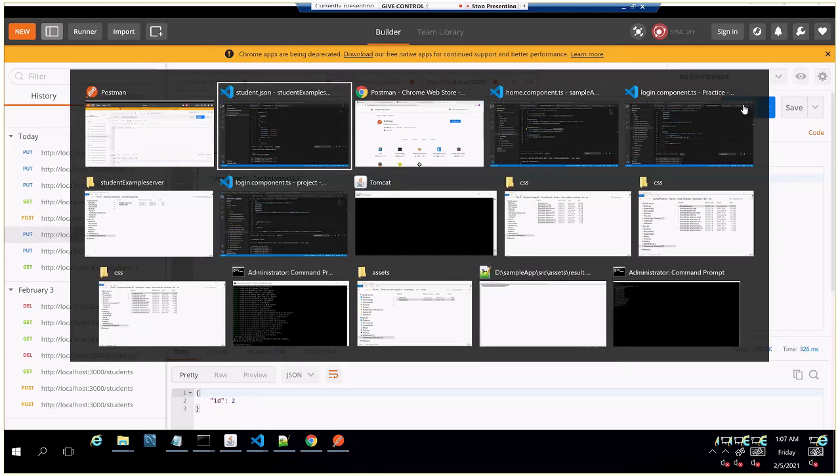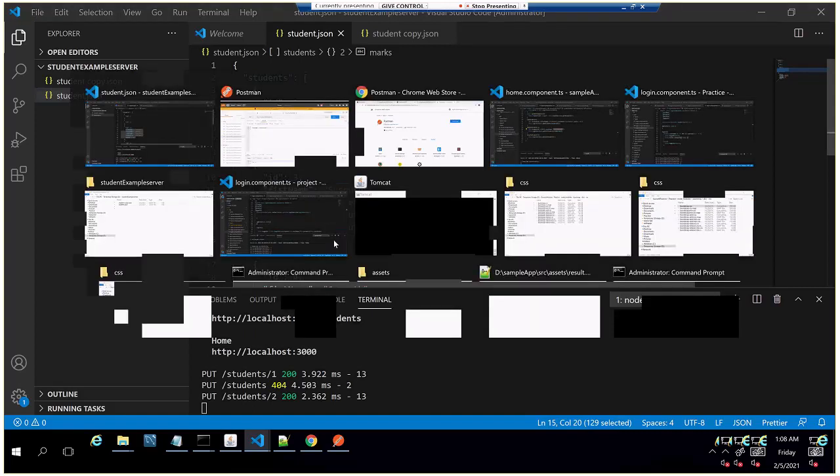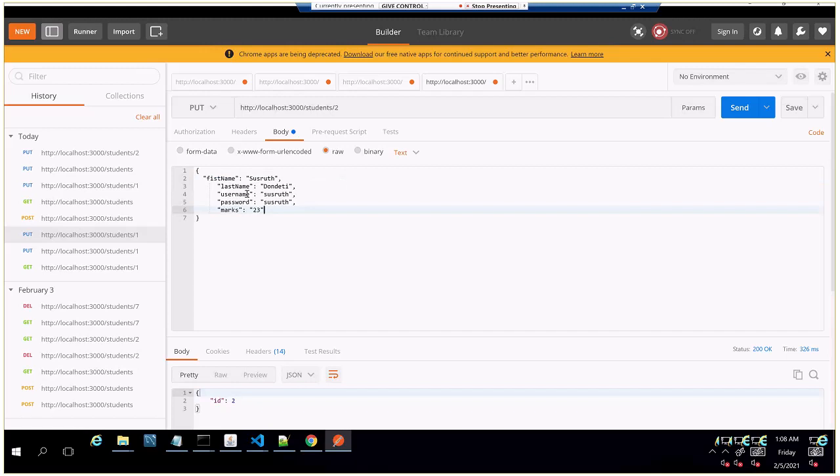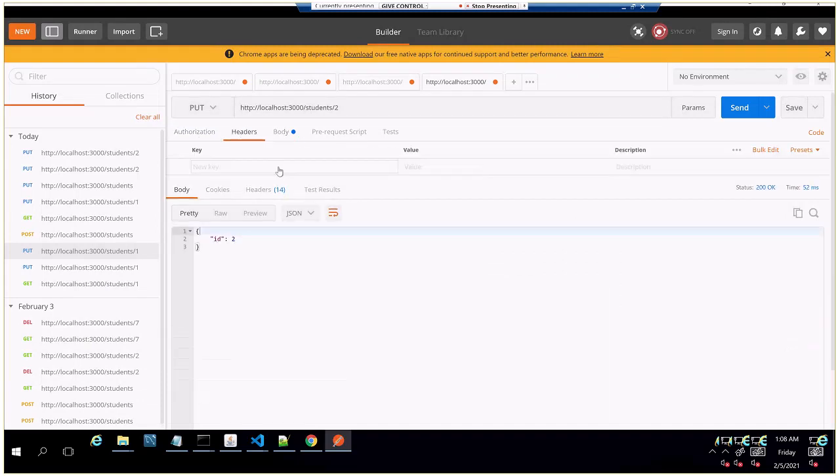But again, it removed and added only one more. It didn't add actually. It is a post and it's a put method, and otherwise anything.